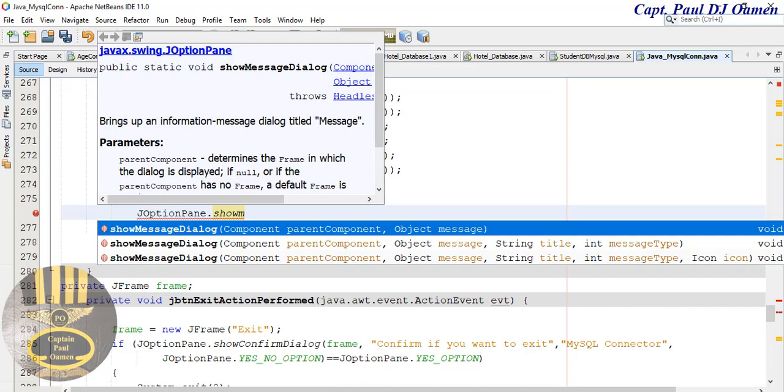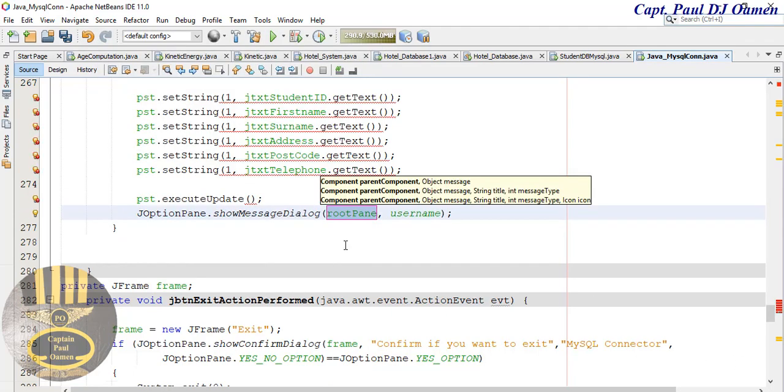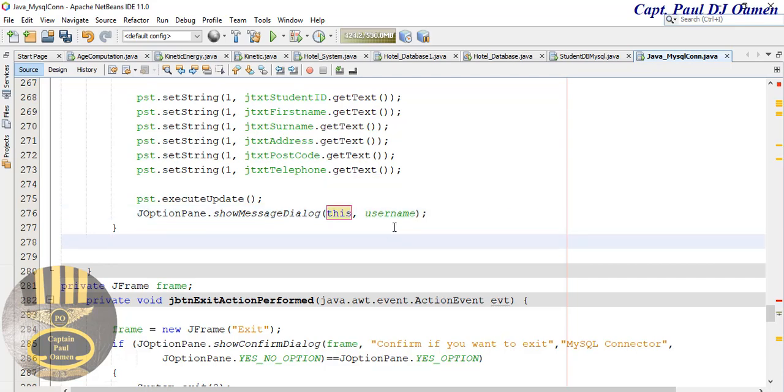Show message dialog. And what message are we going to be showing? Let's say this. What's the name of my system? Student record. Okay, let's say student. Let's say record added. Record